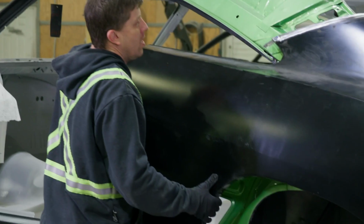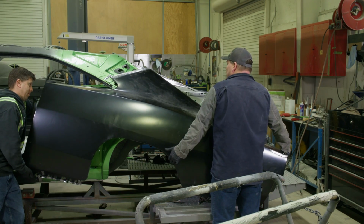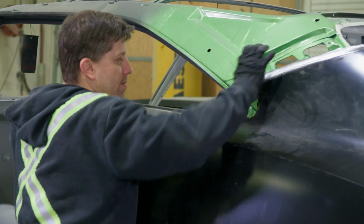You people at home are probably asking, why am I discussing the metal process right now with this part? So when you go up to Shane, you try to talk to him, or you guys at home want to know, man, what's he doing? I would explain something like, hey, we're installing this quarter panel today, X, Y, and Z. Shane goes,